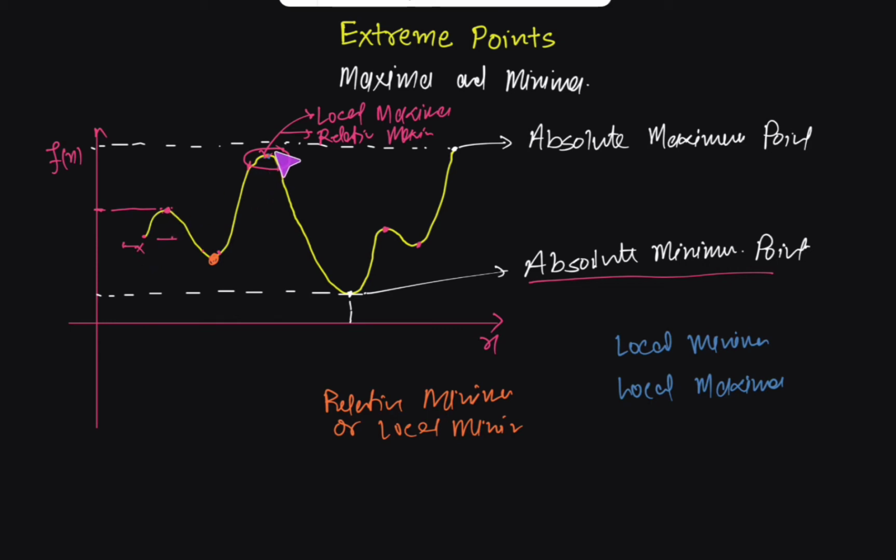Okay, so these points are representing the local maxima or relative maxima, and this point is representing the local minima. This point is representing the absolute minima point, and this point is representing the absolute maxima. Because to check the absolute minima or absolute maxima, we only have to check the value of the function at that point. We are not supposed to check both sides of that point, because when we say absolute, it means the value of the function has achieved the maximum or minimum. No other value of the function at any point in the domain has achieved more than this or lower than this. So this is about the absolute minima and absolute maxima.